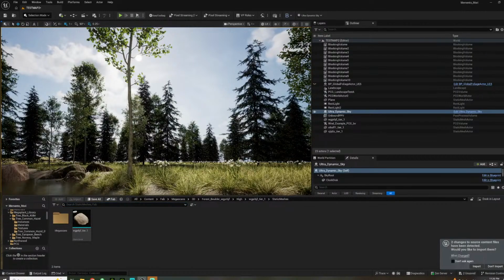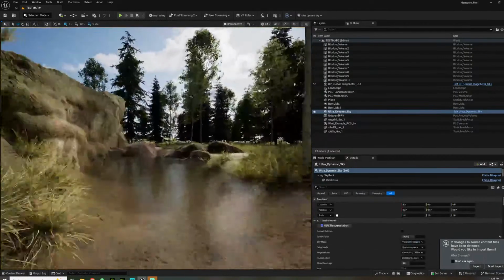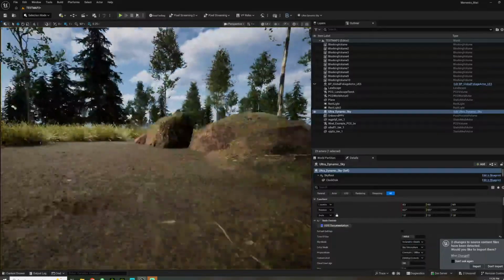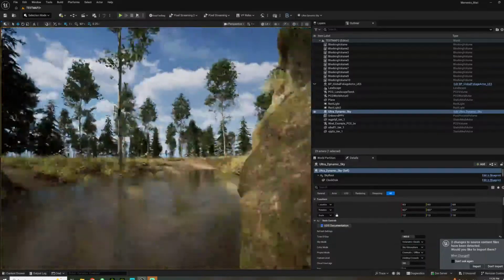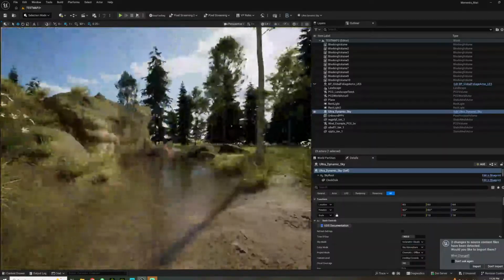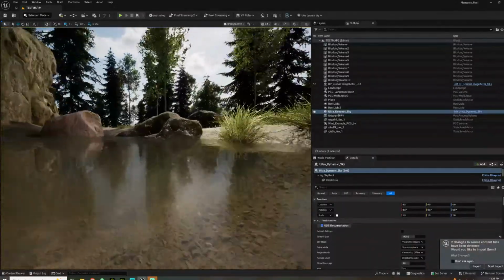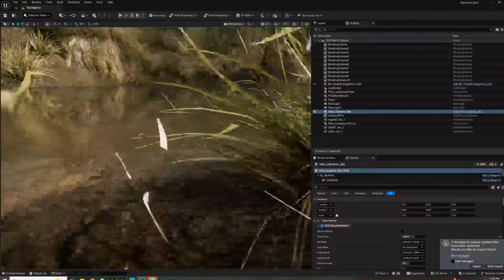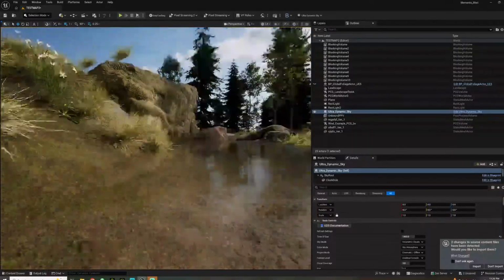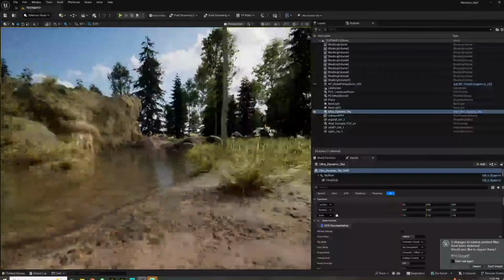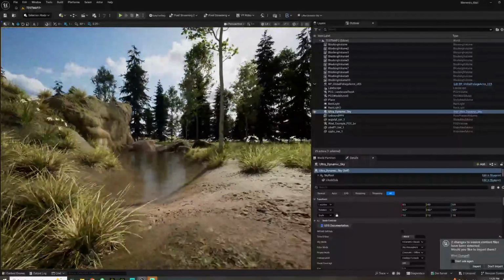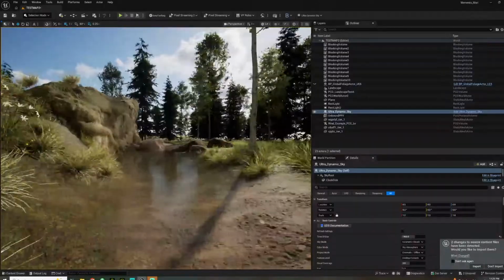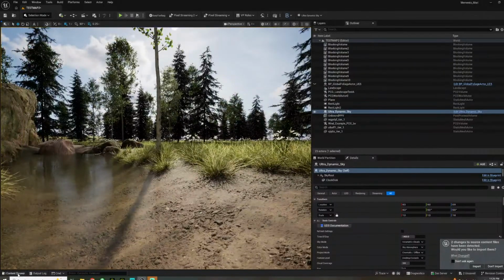A lot of this stuff is, if we can't get the Megascans, there's other textures and everything you can work with. And the water you can actually get for free, it's included with Unreal. You just have to make adjustments. There are some things, some plugins and stuff like that, but